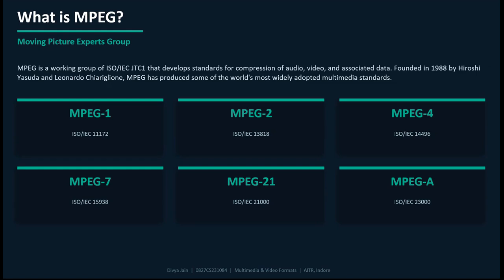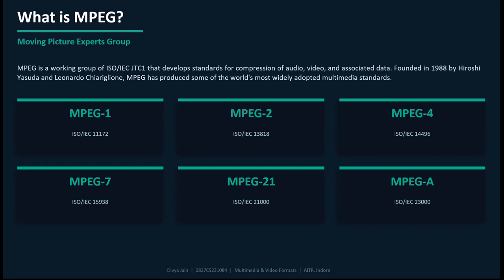What is MPEG? MPEG stands for Moving Picture Experts Group. It's a working group under ISO IEC that develops international standards for audio, video, and multimedia compression. It was co-founded in 1988 by Hiroshi Yasuda from NTT Japan and Leonardo Chiariglioni from CSELT Italy.